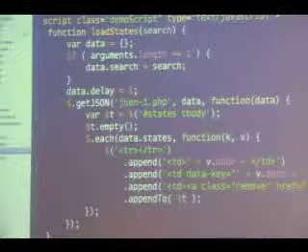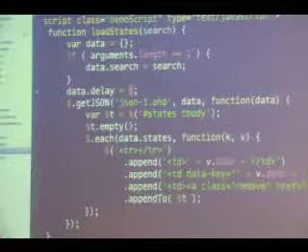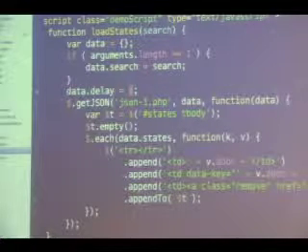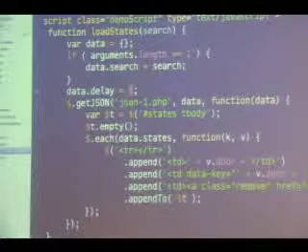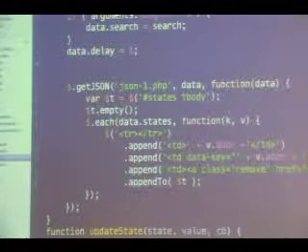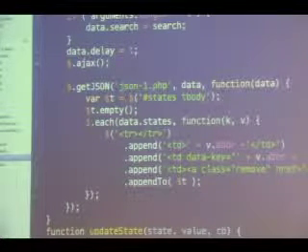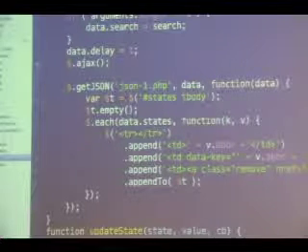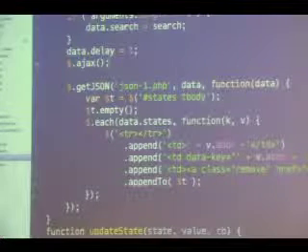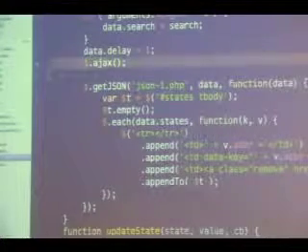So here's what I'm going to do. My PHP script that's serving up the data, I have data.delay, and I can pass in an arbitrary value here, and it will just sleep for that amount, so I can simulate lag of the connection on the server. So I'm going to call .getJSON. This is a nice utility method for the underlying base jQuery function called $.ajax. $.ajax gives you really the full control over that entire AJAX request. .getJSON gives you the ability to automatically set a number of properties that are typical when requesting JSON, such as the type of data coming back, which is JSON.